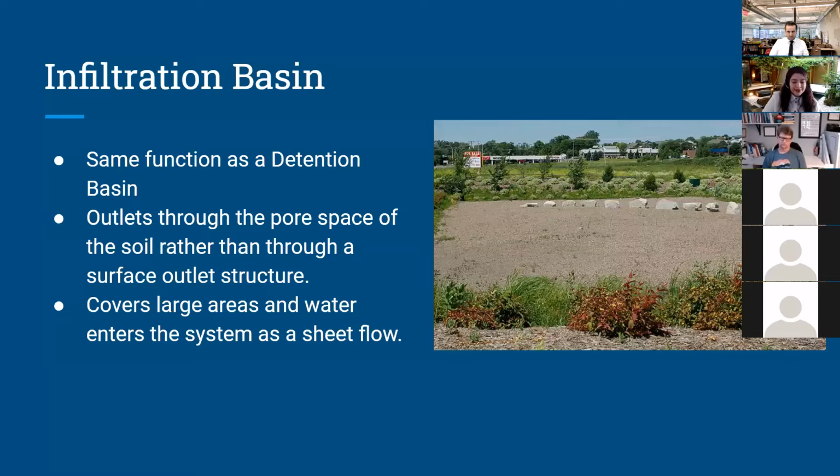So what does sheet flow mean? Just think about a sheet of paper, right? It's just flat. Think about the water moving evenly and flat. That's the way it arrives to the site. It doesn't arrive strong, it's just soft, even. So that's sheet flow. Okay, so those are the three